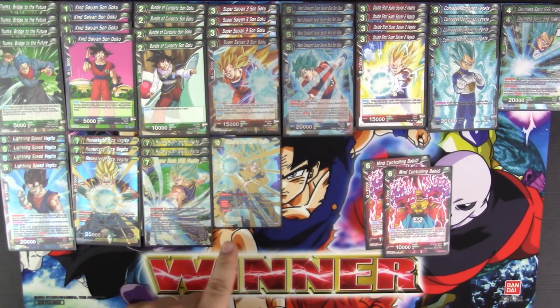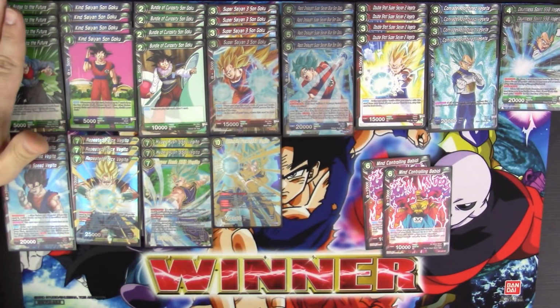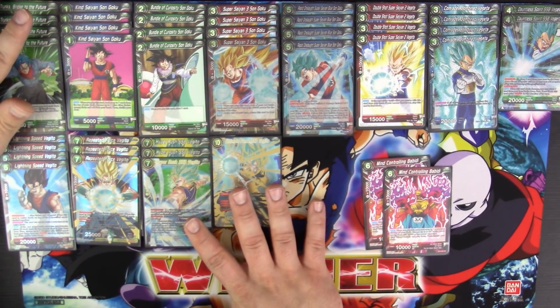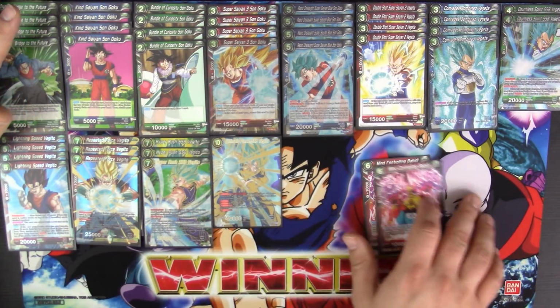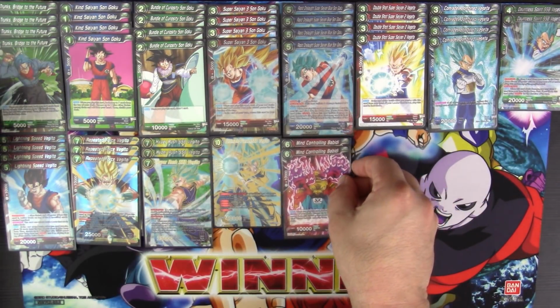It's a blue Vegito, especially over 25,000, and your Hyper Rush. So that's only 4, 5, 6, 7, 8 of your battle cards that you cannot target. Only 8. So Mind Controlling Babidi, really good way to help get things going if you're really, really pushing it